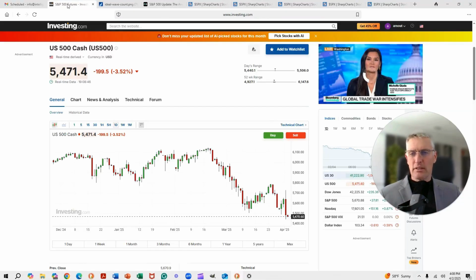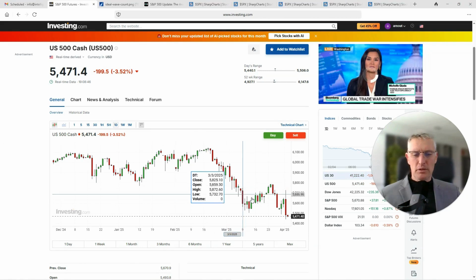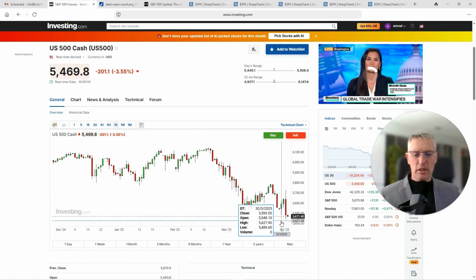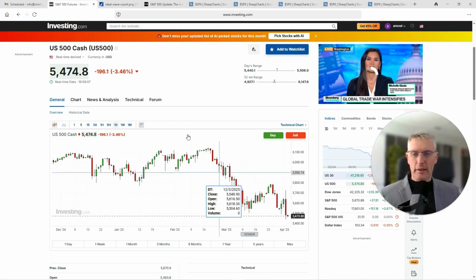Before I do that, the reason that I wanted to do this update is because the futures markets have now undercut the previous low, which we said that one needs to hold. That's Monday's low. If it doesn't, then something else is going on and we will not see the minimum more directly.